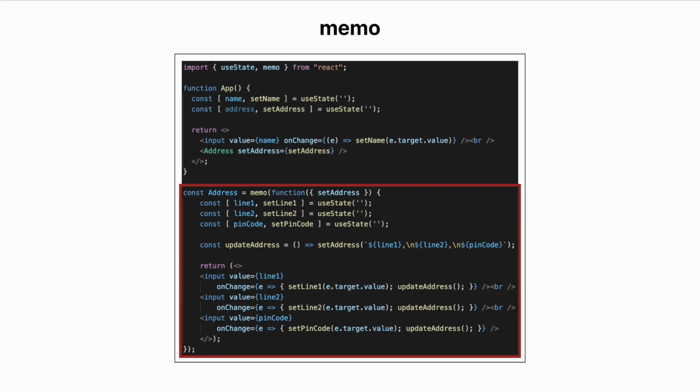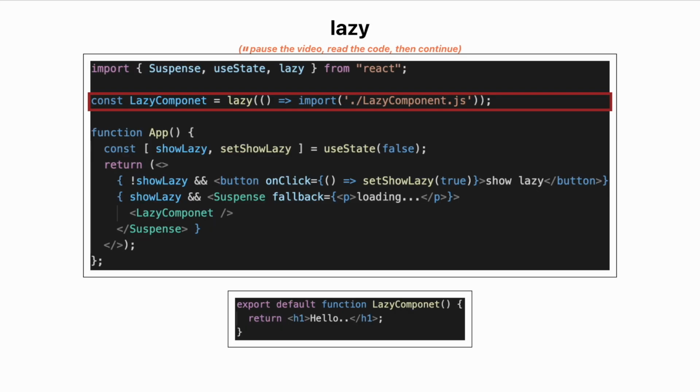Can you explain the lazy API? Lazy lets you defer loading the component's code until it is rendered for the first time. Normally, you would import the component statically. Lazy depends on dynamic loading of the component. You will pass a load function to lazy that will return a promise. When the returned promise is resolved, it should return an object with a default property referring to the valid React component. Lazy returns a component that can be rendered.